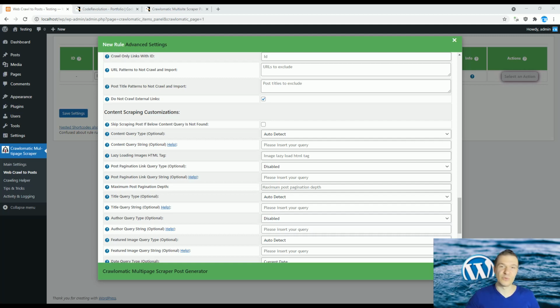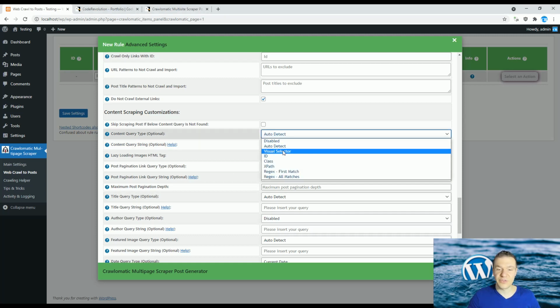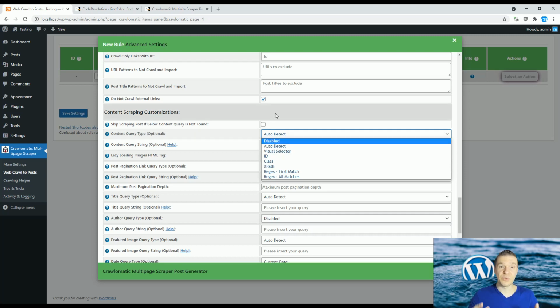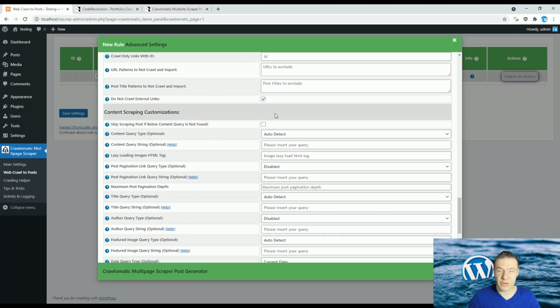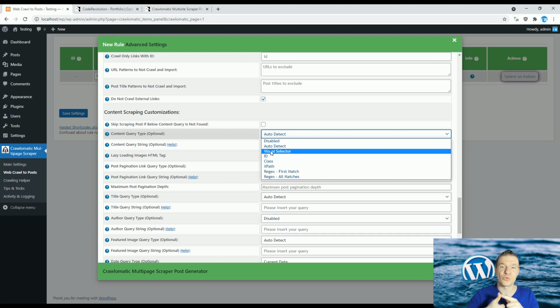I'm Sabi from CodeRevolution. So today I will be showing you an update for the Crawlomatic plugin, because starting from today, if you are using the Visual Selector feature, this will be improved. So until now the Visual Selector was limited only to scraping content using WordPress's built-in functions for downloading web pages, but from now on the Visual Selector will be able to use also Tor, Puppeteer, PhantomJS and HeadlessBrowserAPI to get the content that you wish to visualize and to select from where should the plugin